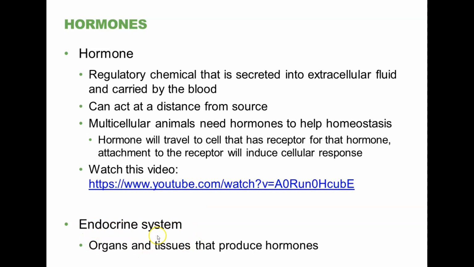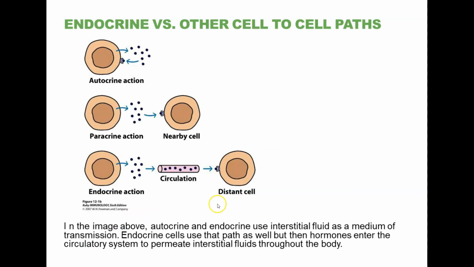So the endocrine system just consists of all of those tissues, sometimes just small bits of tissue in a larger organ like the brain, or entire dedicated organs like the thyroid, that release hormones that have effects on other parts of the body. So that collectively is the endocrine system.